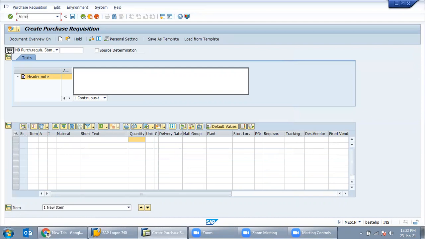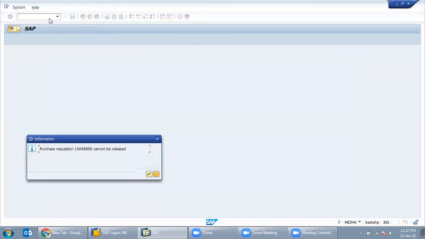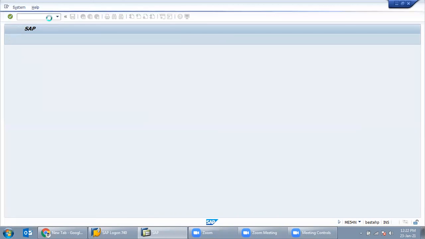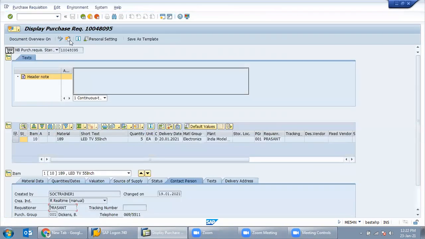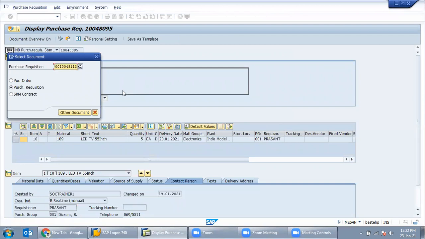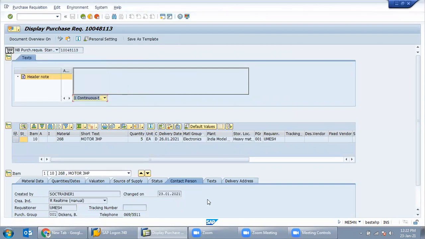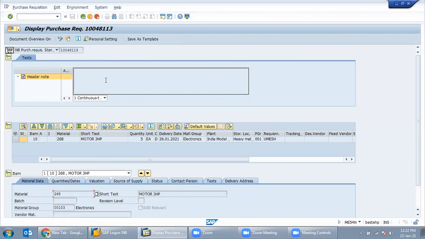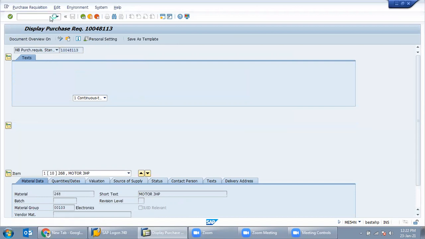Just go to ME54N first, because we have to check whether that particular PR has gone to release or not. See, it does not come under release. Because the particular scheme group has not been set to release, we can directly create the purchase order with ME21N.